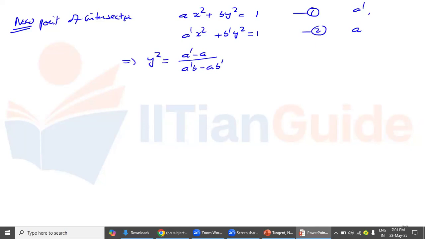Similarly, I will cancel the b term. I will multiply the first equation by b dash, and the second by b. I will subtract them, then I am getting the value of x square. That will be b dash minus b divided by ab dash minus a dash b. Okay. Now what I can say,